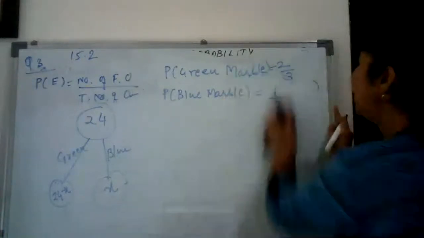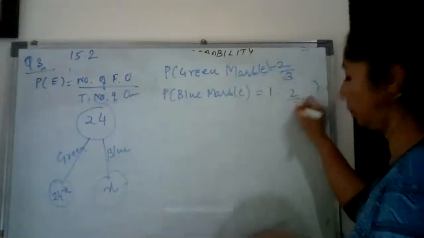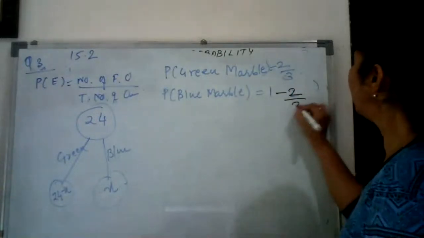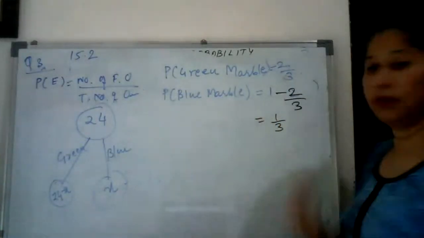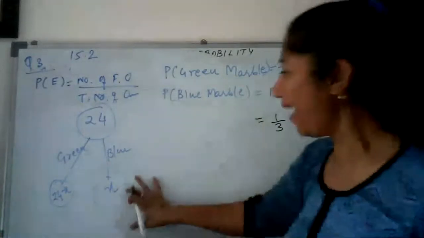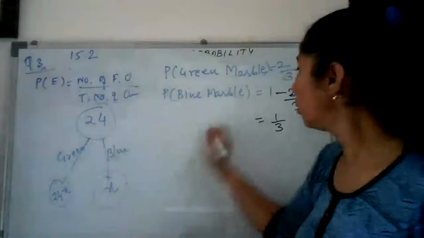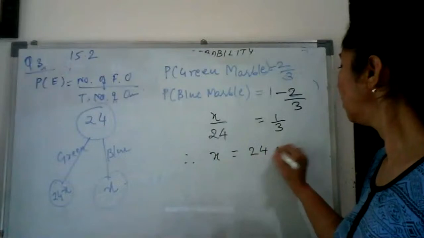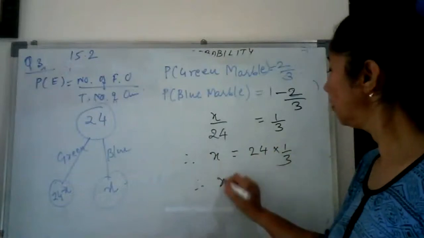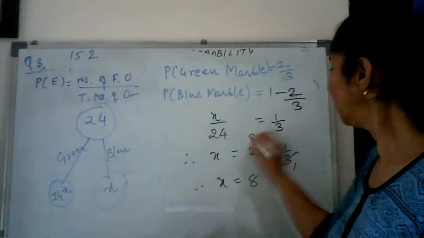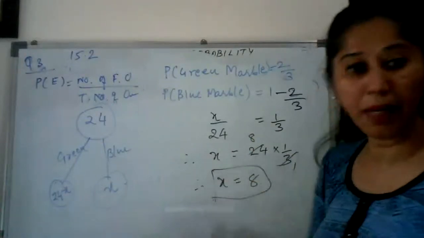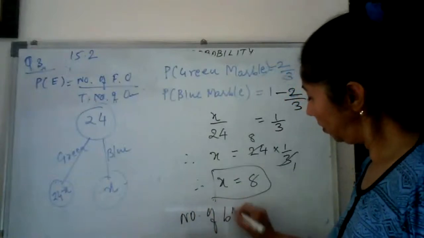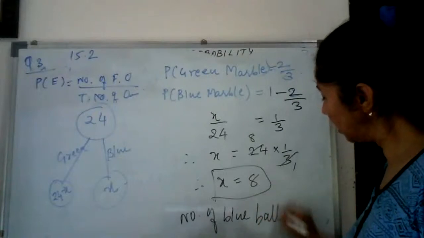यदि ग्रीन नहीं है तो ब्लू ही है. सो इट इज 1 minus 2/3. और what is 1 minus 2/3? 1/3. ओके, और यदि x वाली मेथड से लूं तो what is the probability? तो x upon 24. And therefore, अब यहाँ पे हमें पूछा नंबर ऑफ, बिकॉज x हमारी तरफ से था, तो हमारा आंसर इस तरीके से होगा. नंबर ऑफ ब्लू बॉल्स आर,